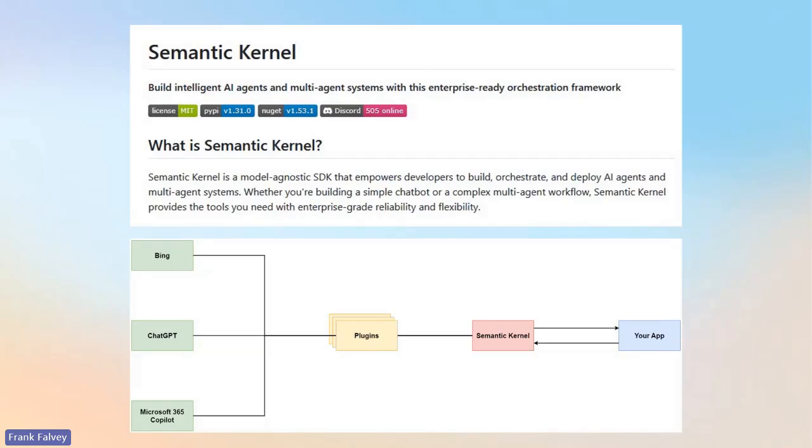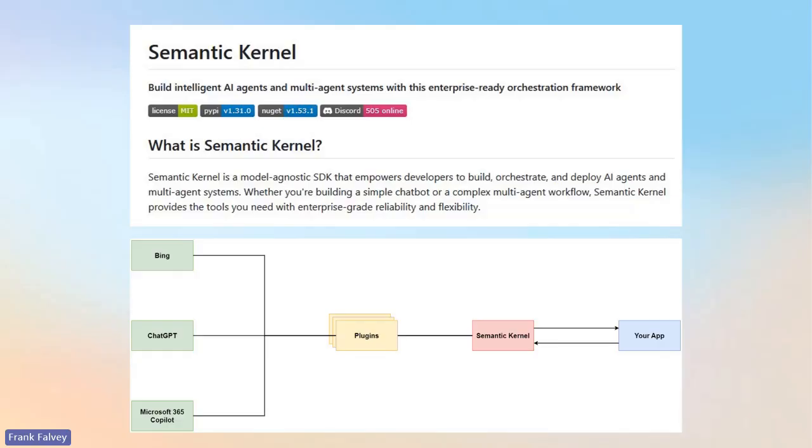So some of the stuff in the framework then underneath the hood, I'm not going to make this really complicated now. It's only just basic stuff about it, right? We've got the semantic kernel, right? This is an open source project, right? Microsoft uses this one. It's built intelligent AI agents and multi-agents, so you can have loads of agents controlled by one agent in a system, with this enterprise-ready orchestration framework, right?